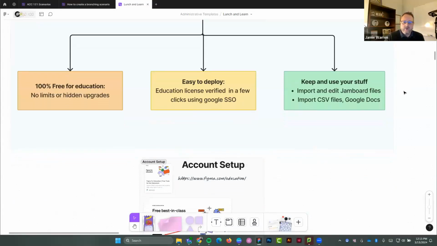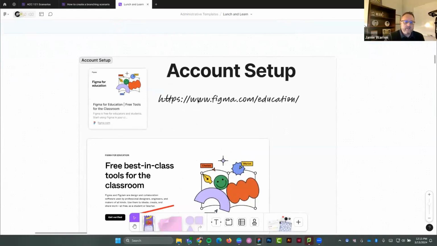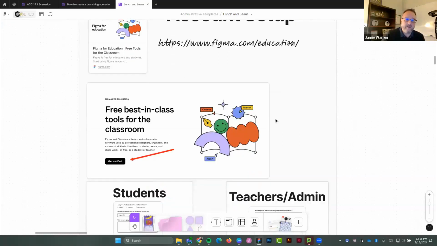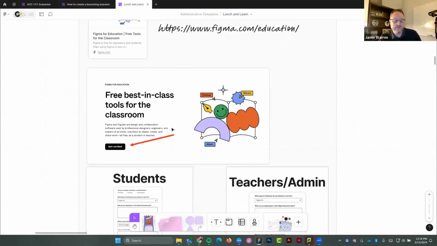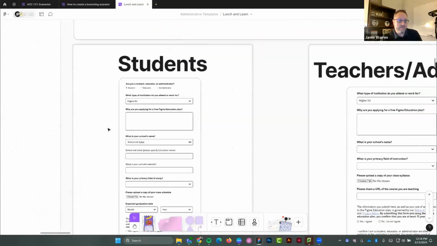Okay, just one more note about the account setup. If you are interested in setting up an account, there's a couple of things that you'll need to do. You can set up a free account, no problem. Just sign in with Google and you're good to go. If you would like the education license, there's a couple of things that you need to do. First of all, this URL will take you to the page that you need to be at, and there's a button that says Get Verified. If you're interested in using this with your students, just so you're aware of what to expect and what they can expect to see,